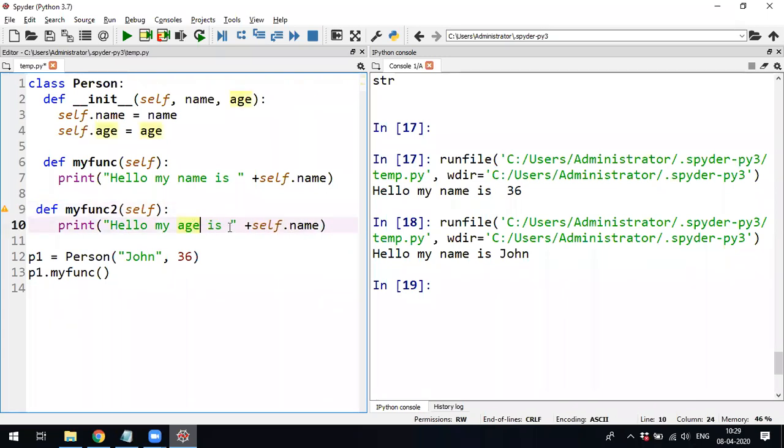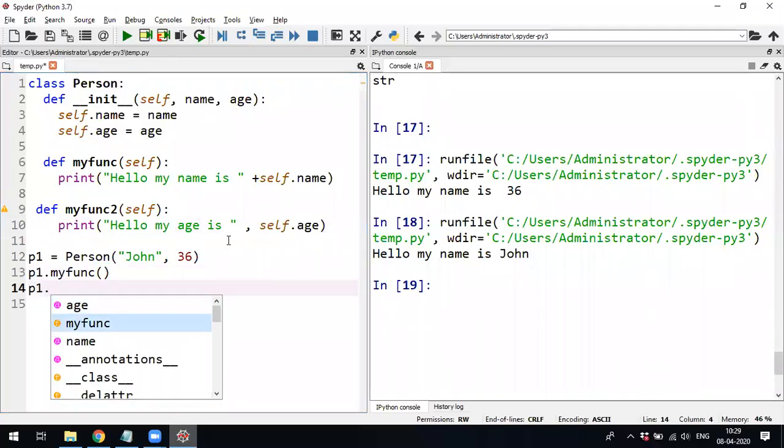The age is, and here I cannot use the plus because a string with an integer I cannot concatenate. That is why I'll use the comma. This is a separate message and this is a separate value. That is why you are not going to concatenate. But whenever you call p1 dot my function 2, you have to call it.